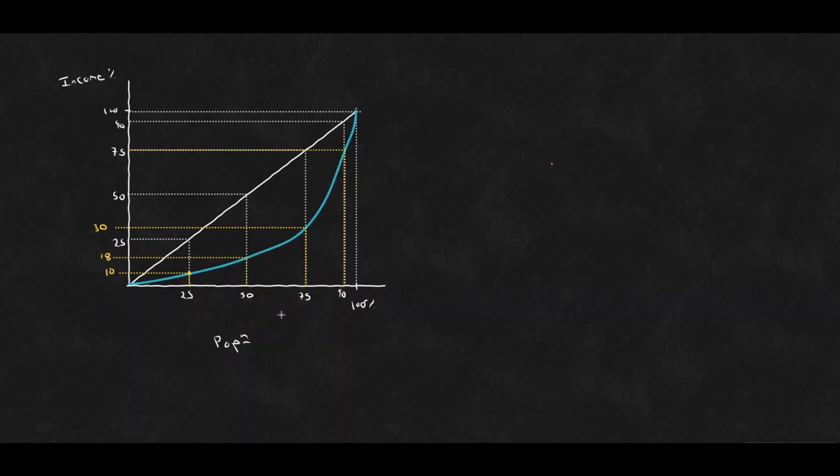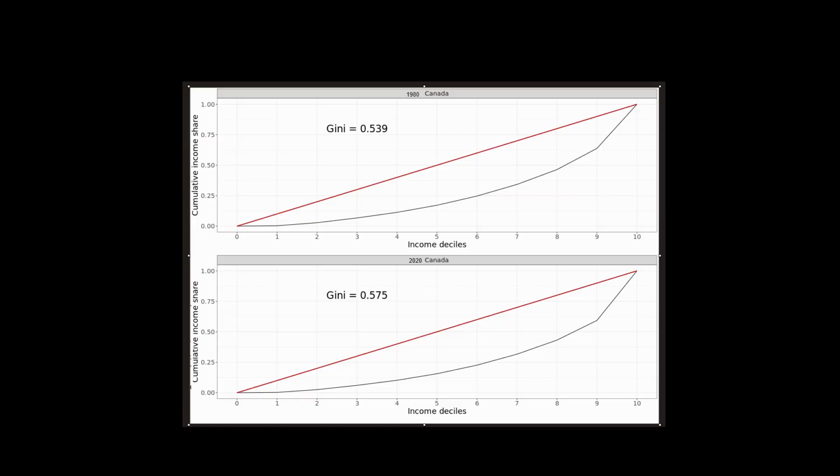We can take a look at some Lorenz curves and say, okay, what are the different impacts and what is the true distribution of income altogether within different countries? Let's go take a look at a few different Lorenz curves altogether and interpret what is actually happening here. Let's go take a look.